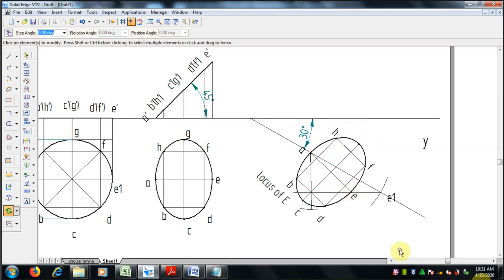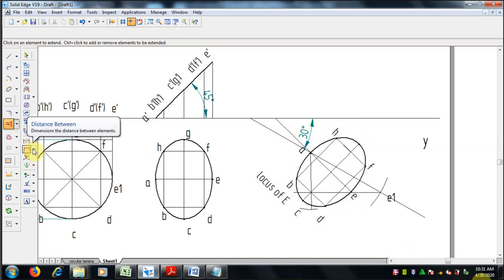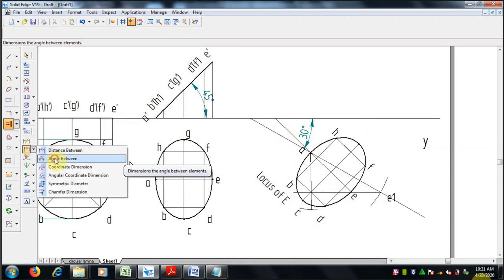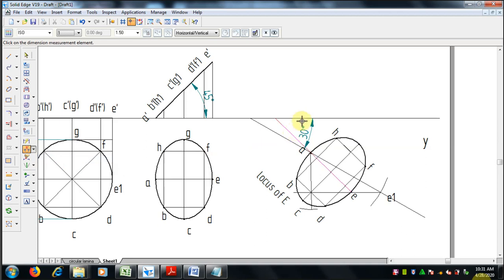This is the final. Extend that AE to the reference line so that we can get the angle, the beta angle, in between the reference line and the new AE line. Now it is 45 degrees, so this is what we call the beta angle.